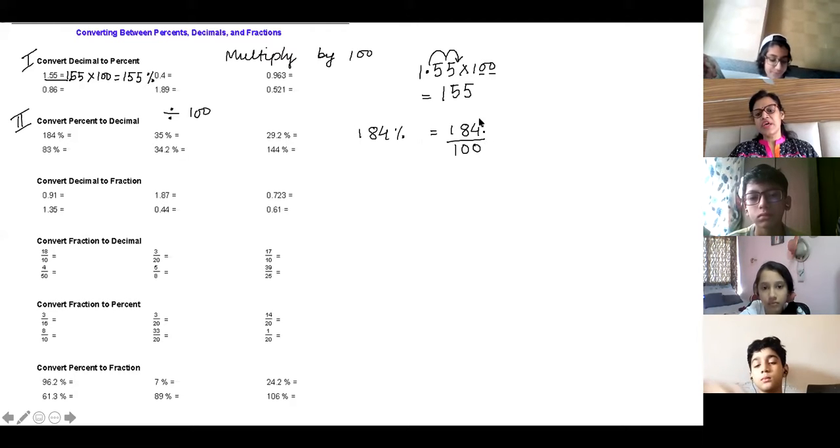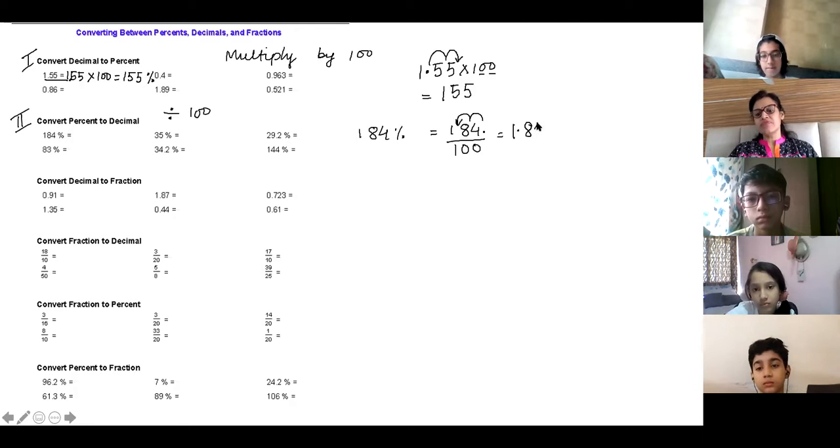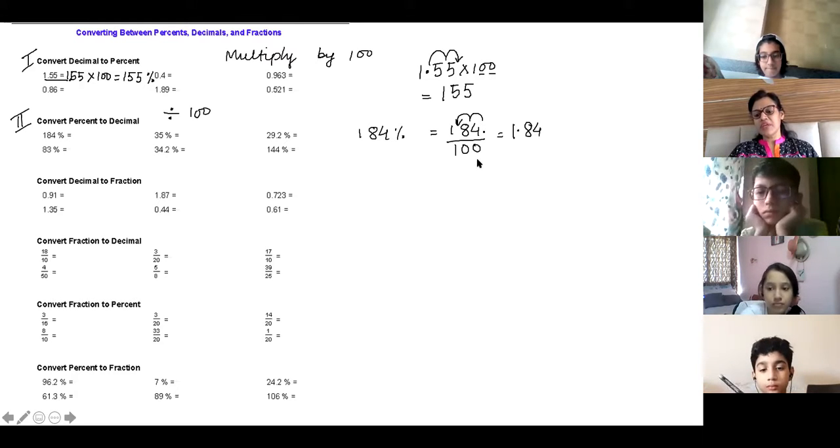Here is the decimal, so move it left like this. 1.84. So simple. When you have the shortcut division for 100 or 1000, don't make it in the lowest form, because multiplication and division by 10, 100 and 1000 is easy. It is a shortcut method. So you just got 1.84.